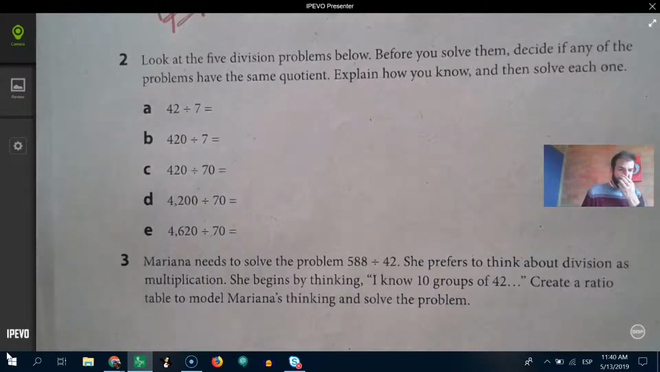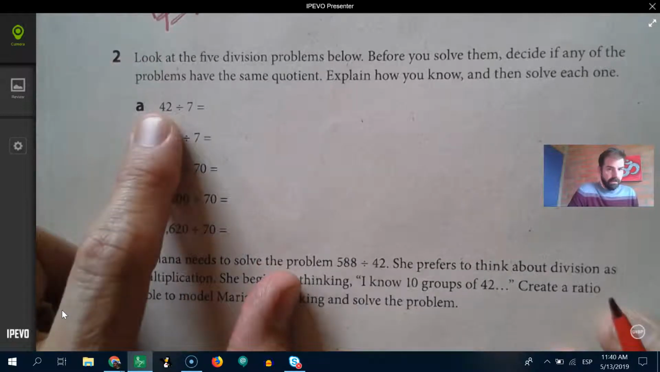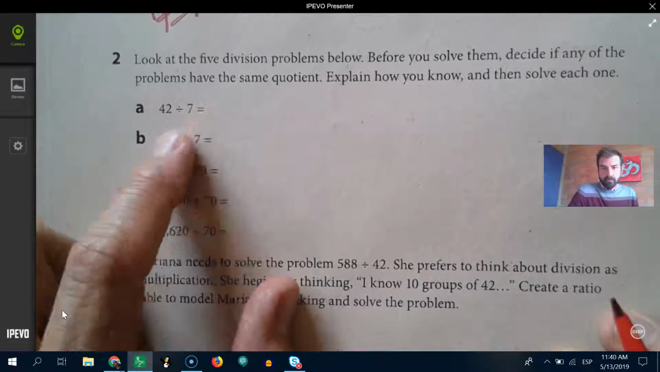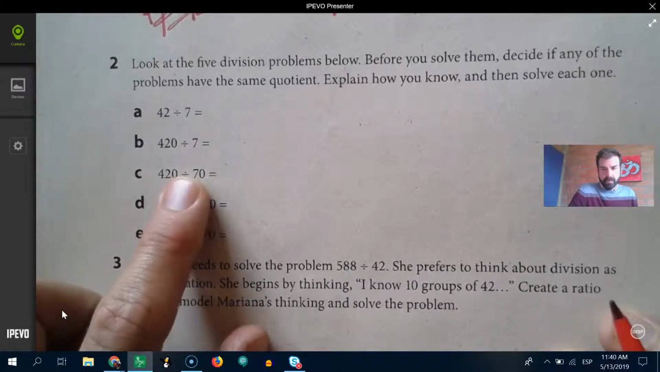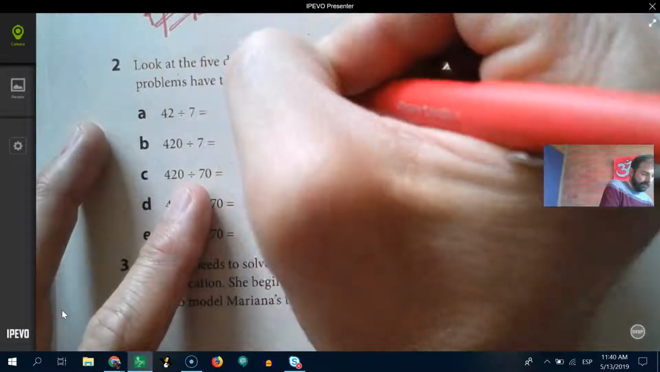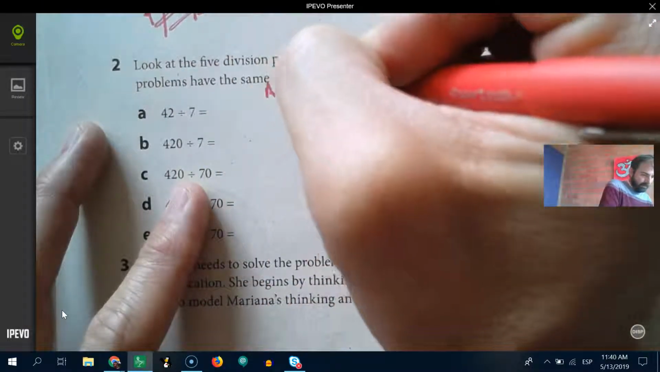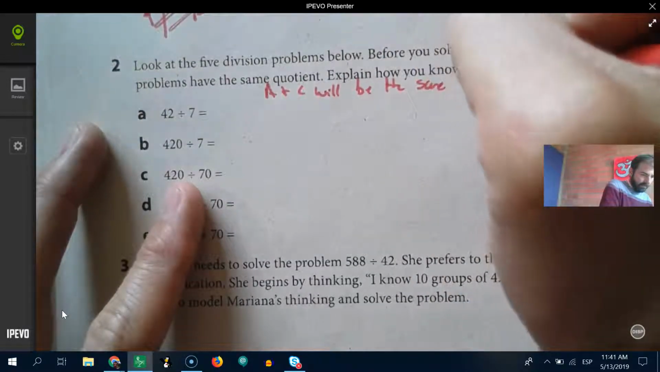Alrighty, look at the 5 division problems below. Before you solve them, decide if any of the problems have the same quotient. Explain how you know, and then solve each one. We have dividend, divisor, quotient is our answer. Okay, so looking here, I see that 42 divided by 7 and 420 divided by 70 are going to be the same, so A and C have the same quotient